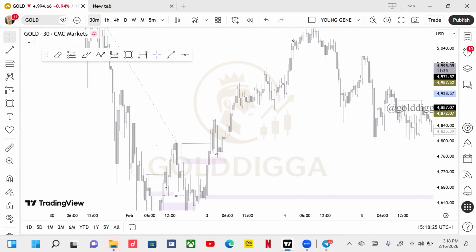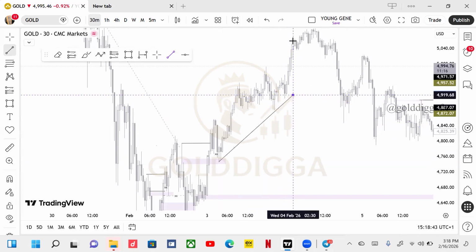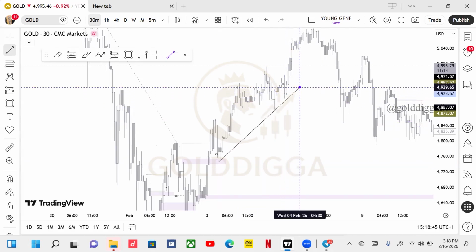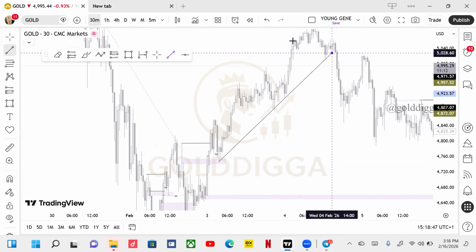Now, for you to get the best one, you must have at least 3 rejections from that trend line. If you see a series of lows where only 2 rejections occurred, it doesn't really count. But when you see a series of lows with 3 rejections or more, like this one here: first low, tap it, bounce off. Second low, tap, bounce off. Third low, tap, bounce. Fourth low, fifth low, you can see